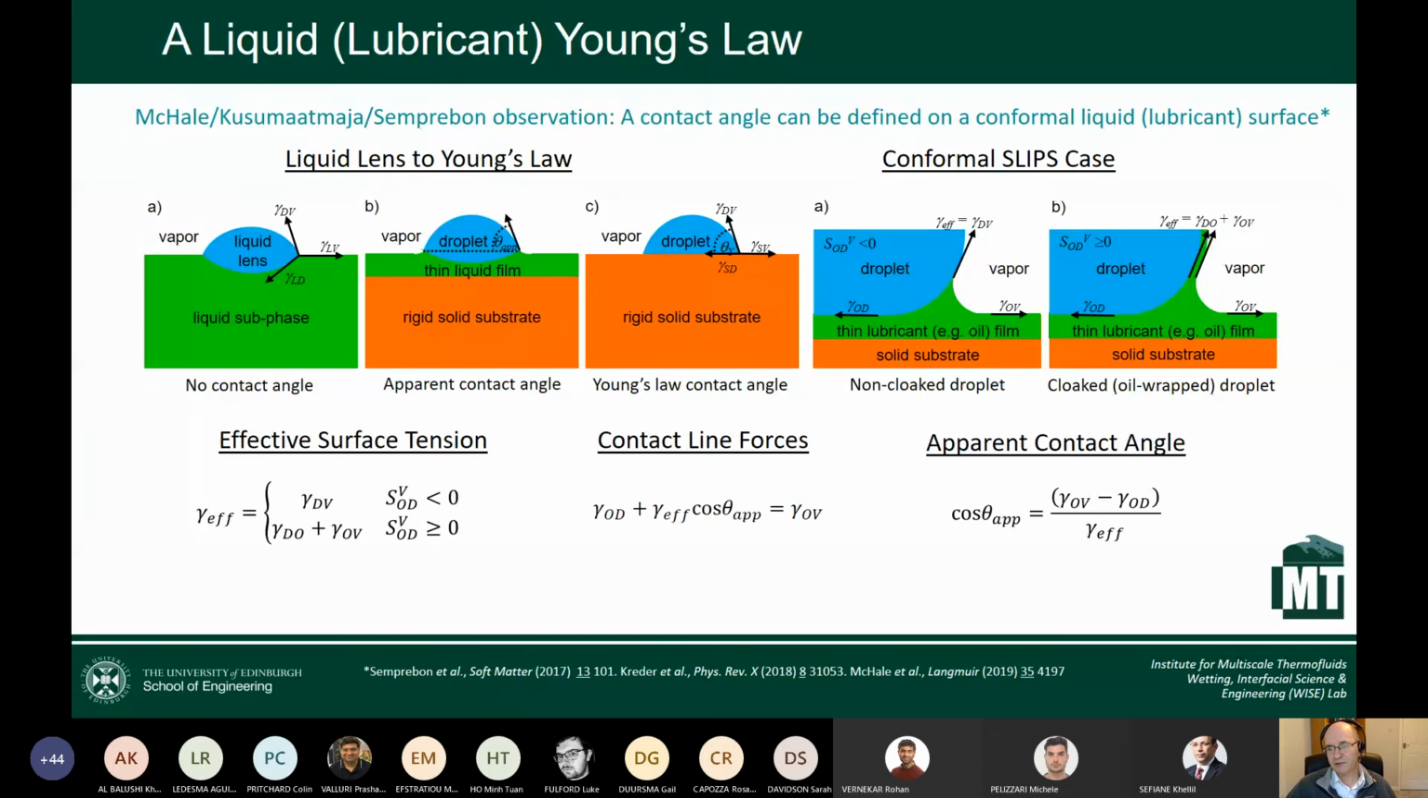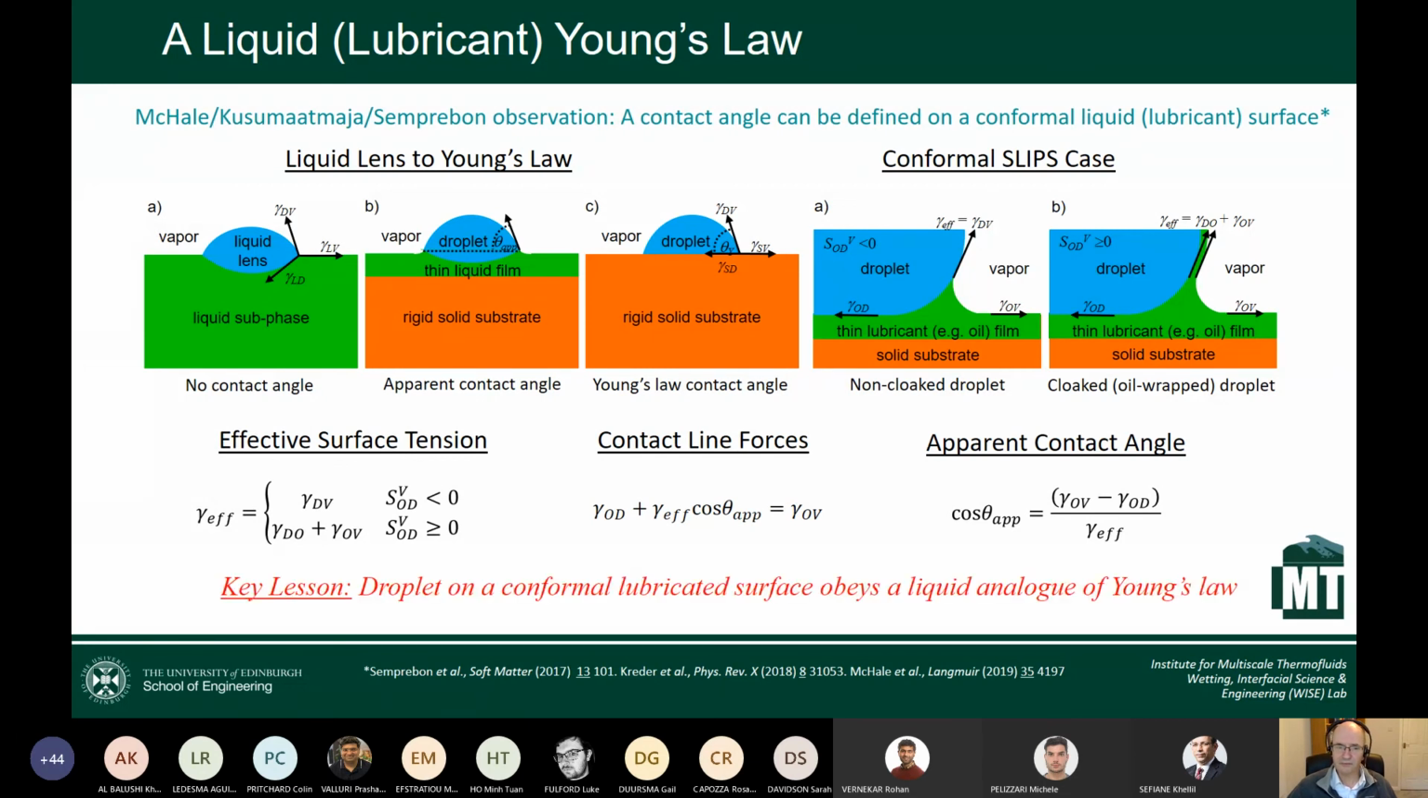So the angle at the edge will be the difference between the interfacial tension between the oil and the vapor, the oil in the droplet, divided by an effective surface tension, which is to do with the droplet to the vapor. And that's an interesting law because it looks like Young's law, but none of those surface tensions involves the solid. And so it truly is a liquid form